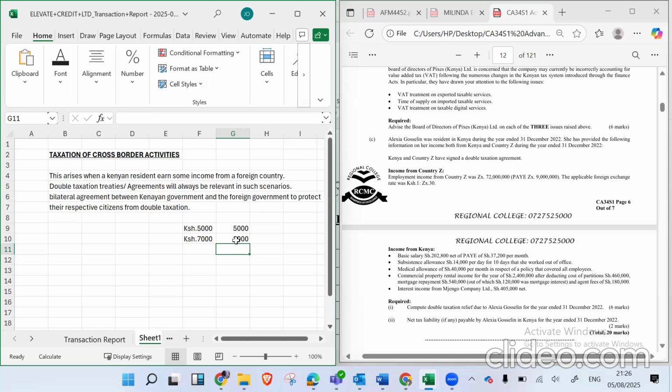And that's why we said the Kenyan tax on foreign income must be more than the tax paid in the foreign country. So if the Kenyan tax on foreign income is less than the tax paid in the foreign country, then you don't enjoy any relief from us. We don't reduce your liability. You already paid it. We forget about you, but we don't charge you anymore.